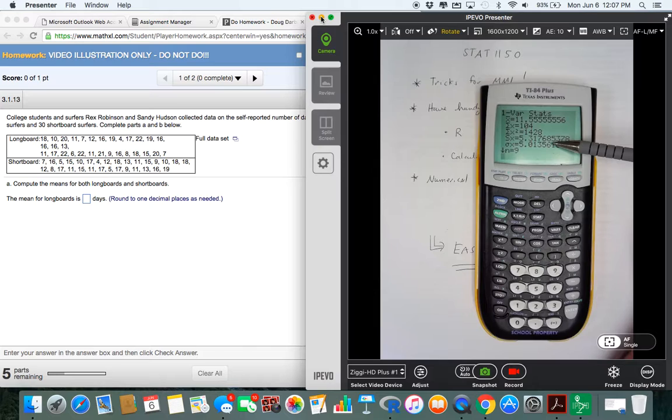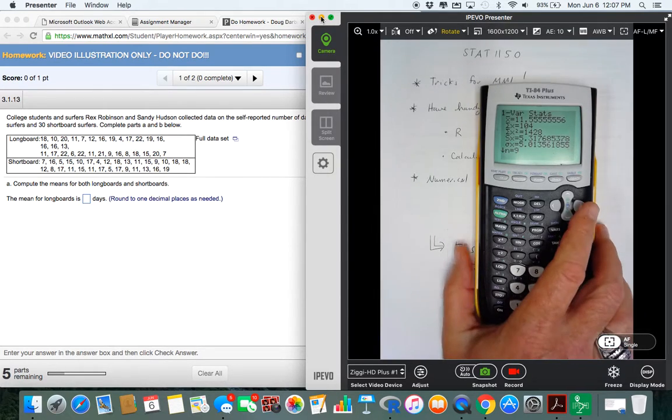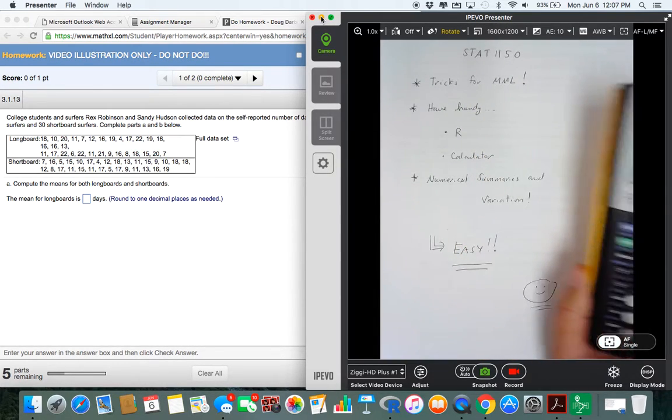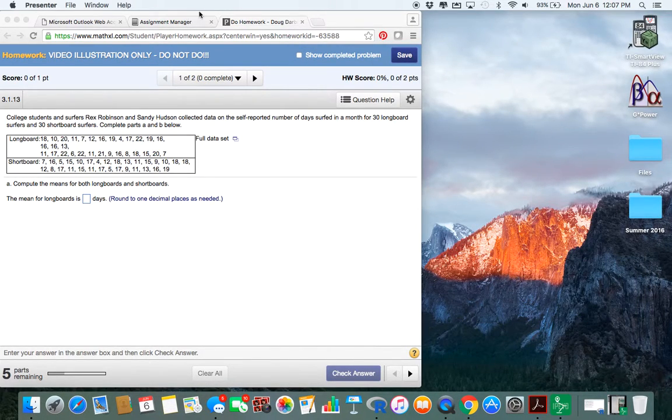But anyway, my point is, if you're really going to do stats, you're probably not going to do it on your calculator. You're probably going to do it on some technology like R, SPSS, Minitab, JMP, something of that nature. So because of that, what I want to do is illustrate how I can make your life easier